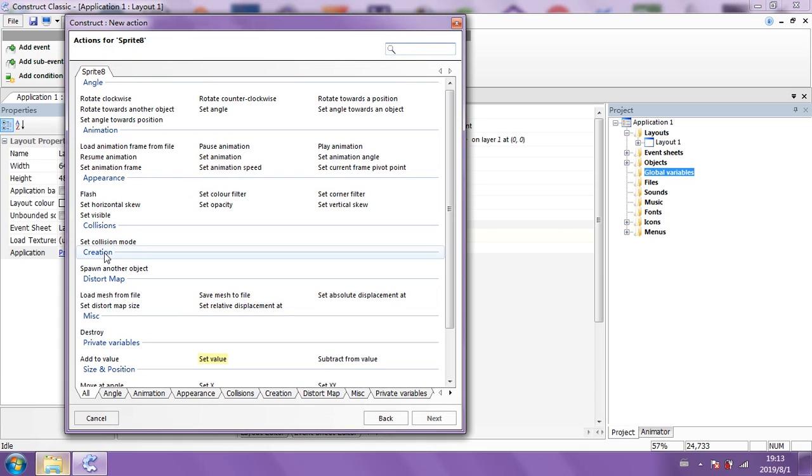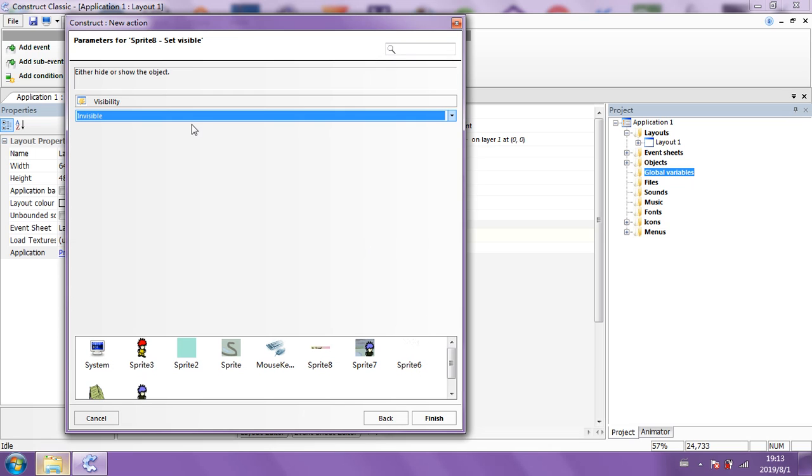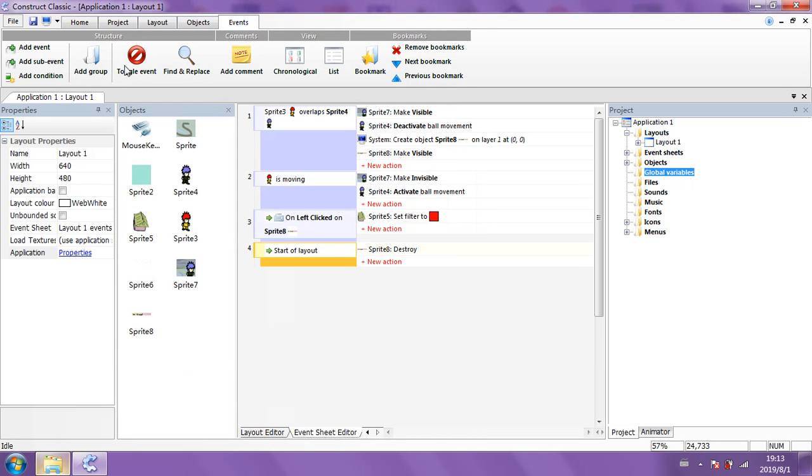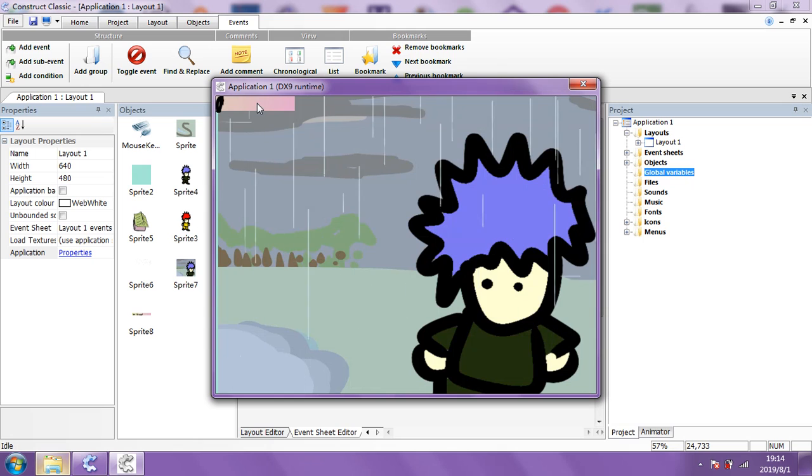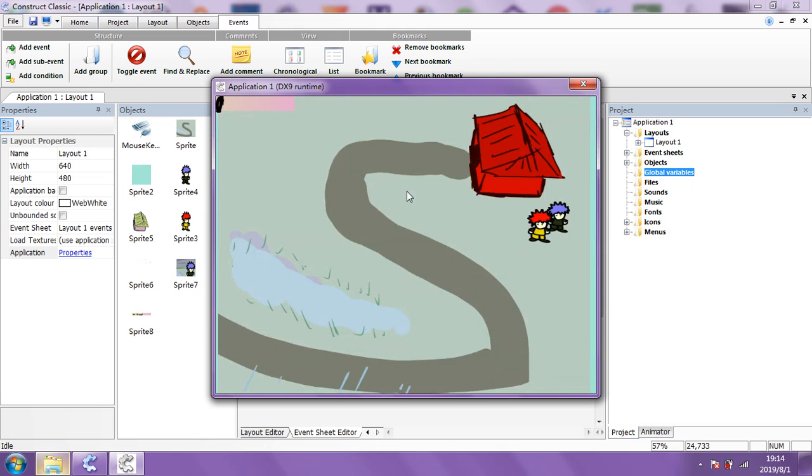Oh my god, it's a lot of fuss. Go to visibility, finish. You're going to see it's in the wrong angle. It's going to create it and make it visible. But there's something about the position, isn't there? We don't know where it is actually created. If I go up here, it comes up, and if I click on that, that should have made the house red, which it did. So it's working. We just need to fix the position of this.